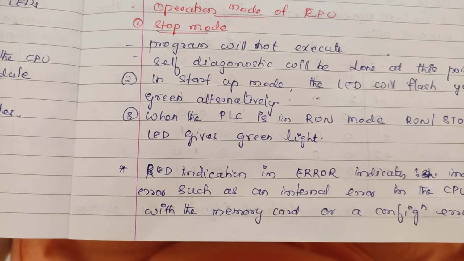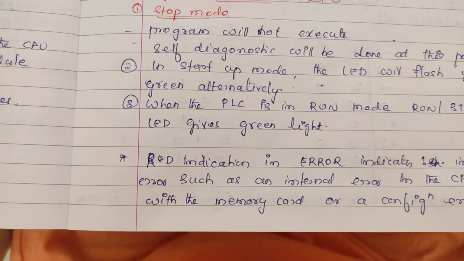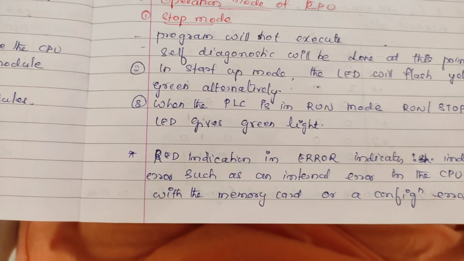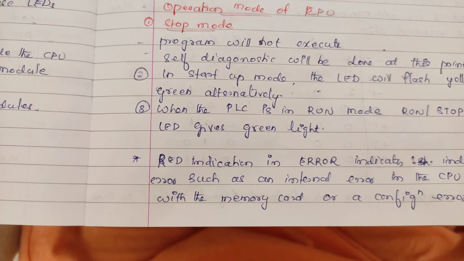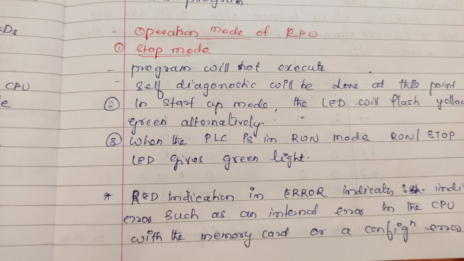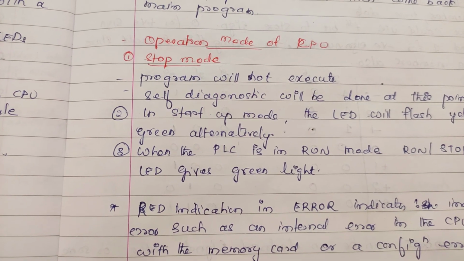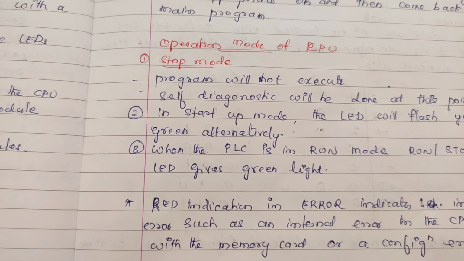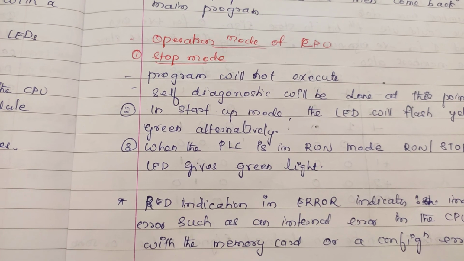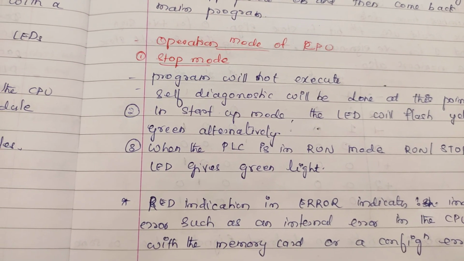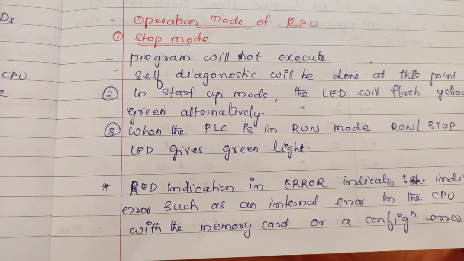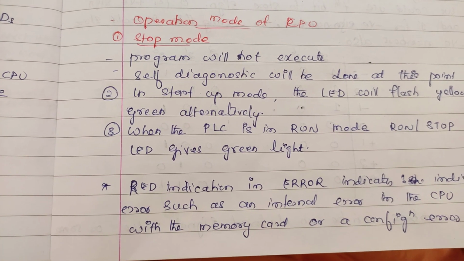Then in the next step during startup mode, the state of the physical inputs is copied to the input image memory. So if the switches are on or off, and if a sensor has detected some physical object, that will be copied to the input image memory. It will store all the status. Also, if any interrupts are present, they will be queued to execute. Then at the end, the writing of process memory, that is the queue to physical outputs, will be enabled.